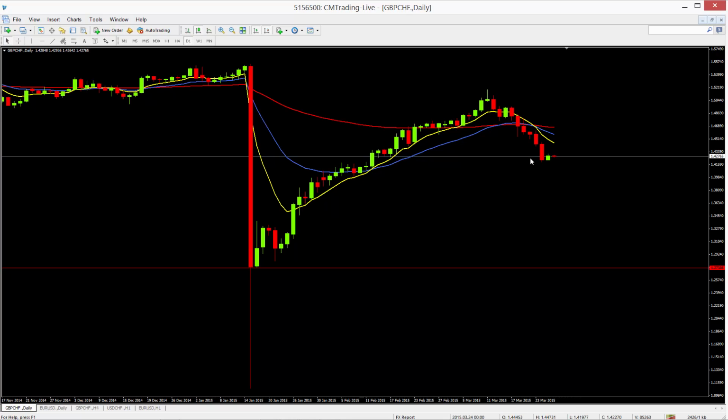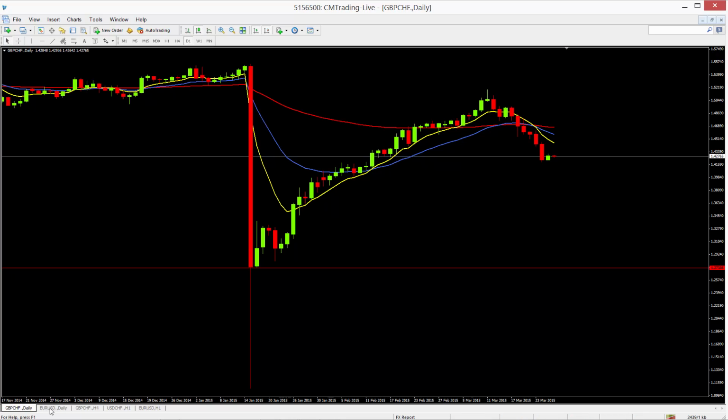So pound Swiss franc, we might see a bit of retracement into the averages zone. It does concern me when the 89 runs sideways. We'll see whether that turns down over the next few days. The intraday time frames will probably give us support over here. So if it does break that, there might be a short-term short on it.